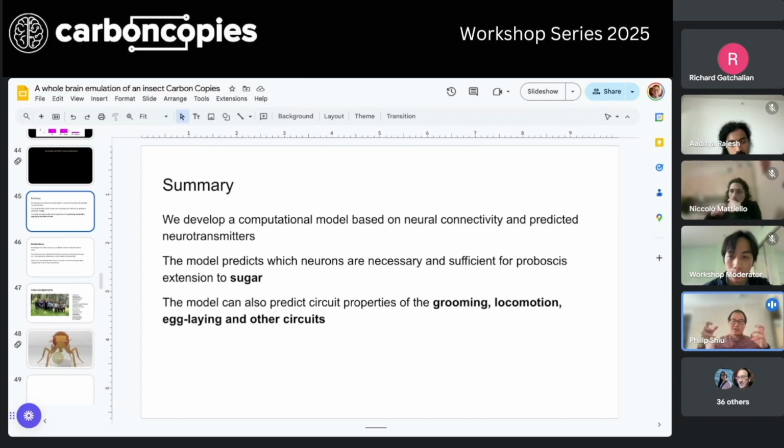Say there's a particular set of connectivity: how do we define whether this connectivity is strong, or whether this neuron is likely to activate this neuron? And so part of the purpose was to build, at least as a first attempt, something